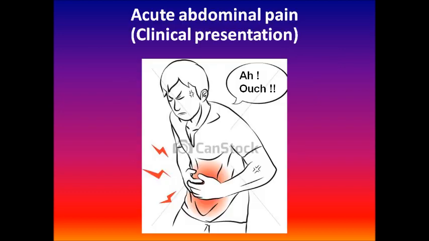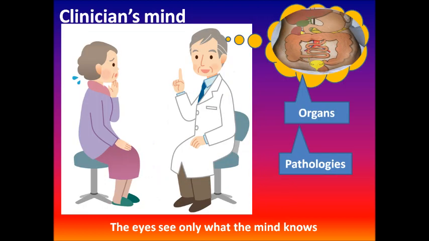Clinically, patients with acute abdominal pain present in a very characteristic manner. They keep shouting with sounds like "ouch," and they come in a stooped manner holding their abdomen with their hand. As the patient explains his abdominal pain, the clinician starts working in his mind the organs of the abdomen and the corresponding pathologies. The eyes see only what the mind knows. That is the reason why the clinician keeps working his mind to recollect all the details of the